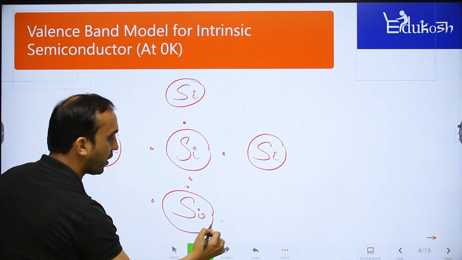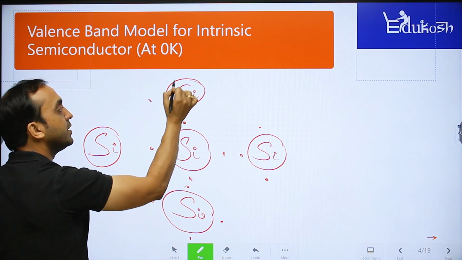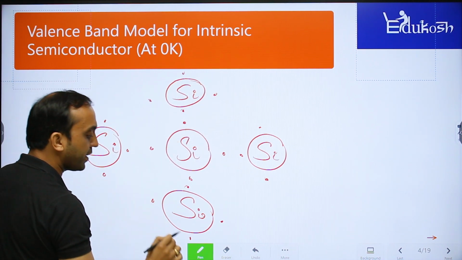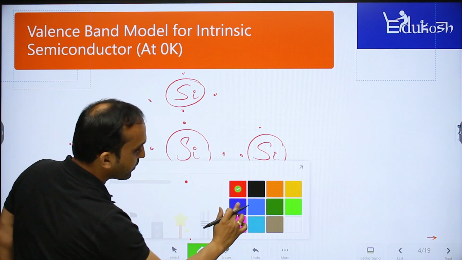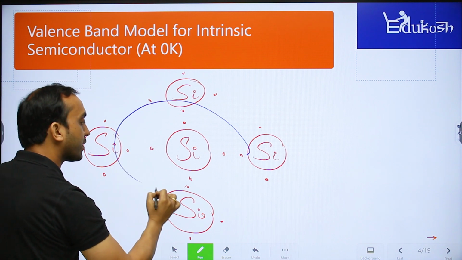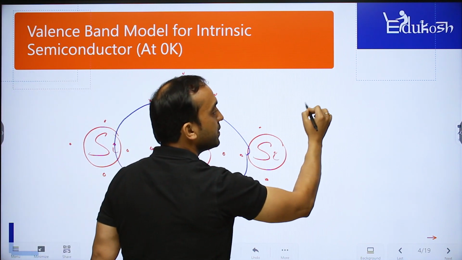Here I am showing all the 4 valence electrons of each of the neighboring silicon atoms. The center one is able to complete its octet. So they form a covalent bond,